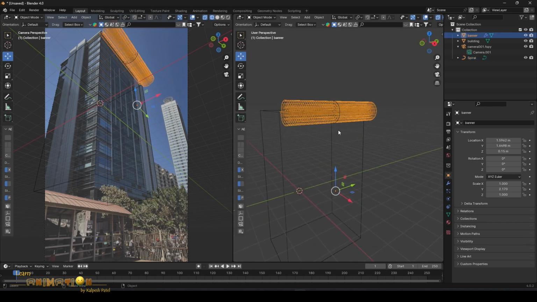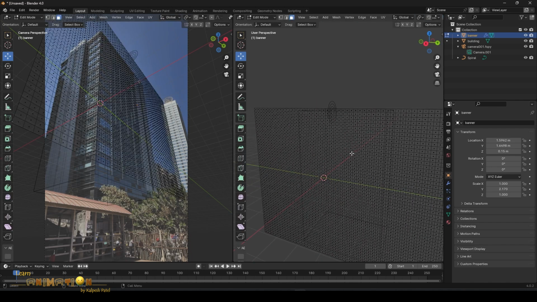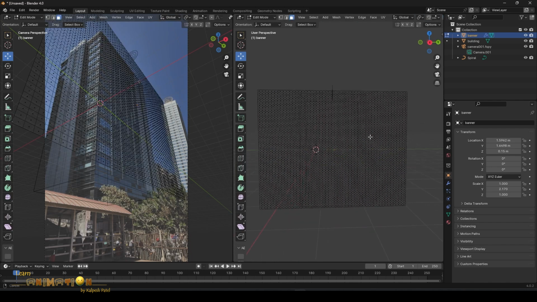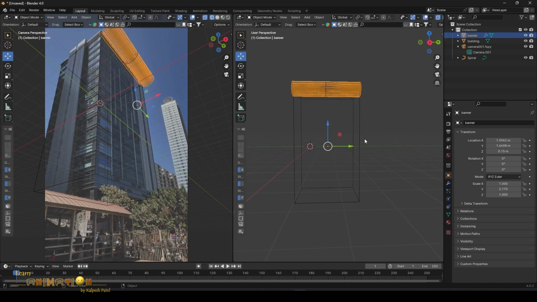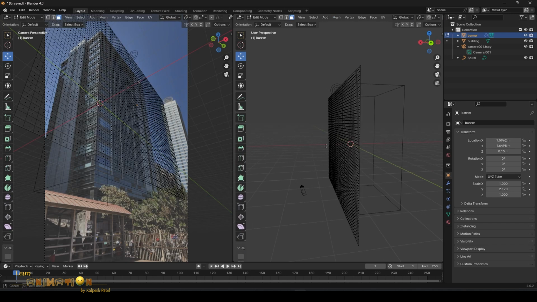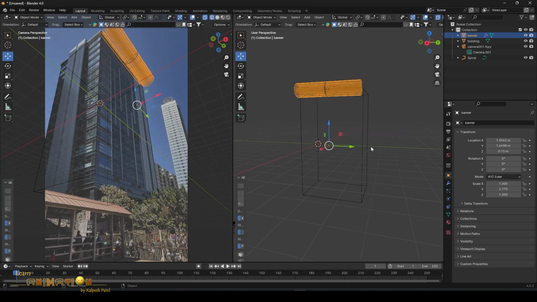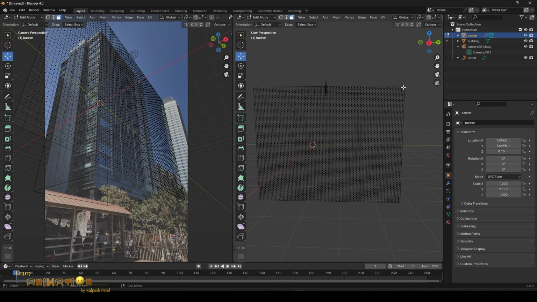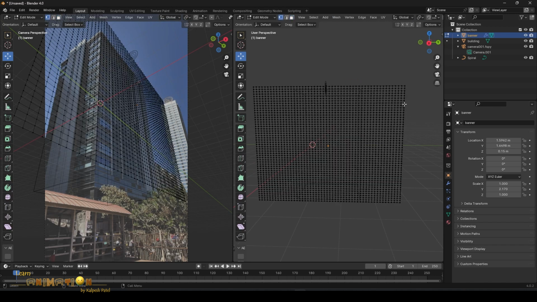Now we have to create a vertex group. For that, just go into the edit mode and select the vertex.